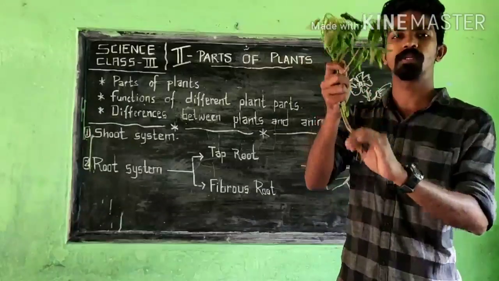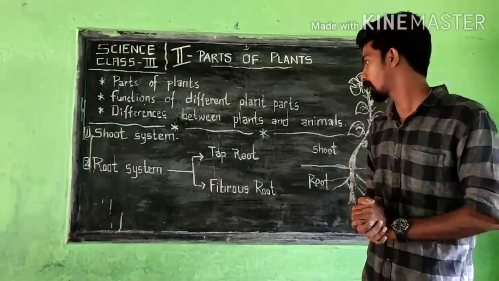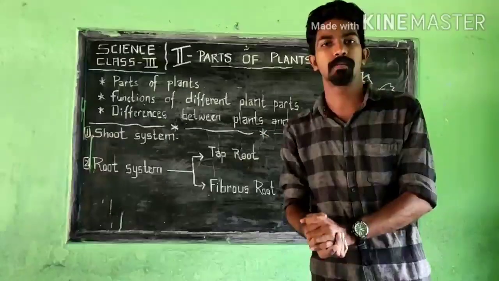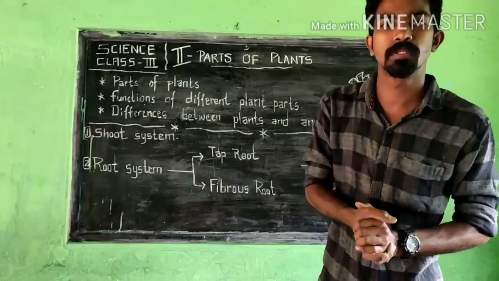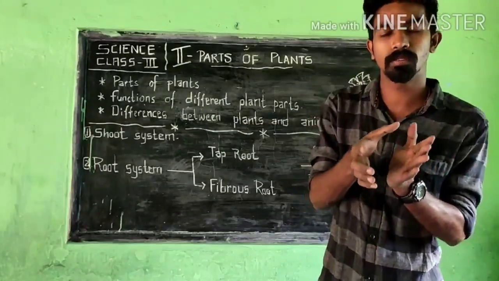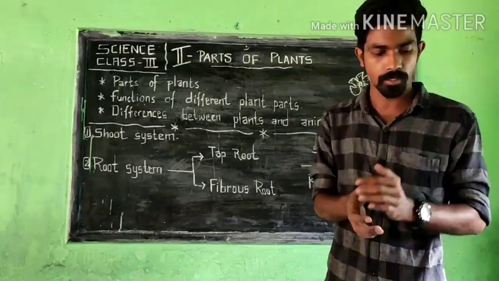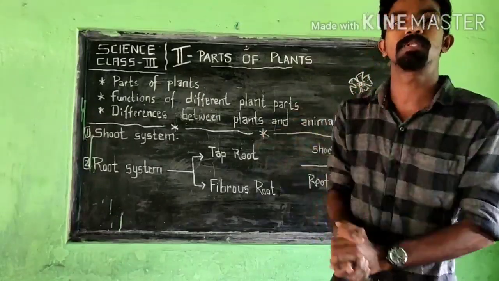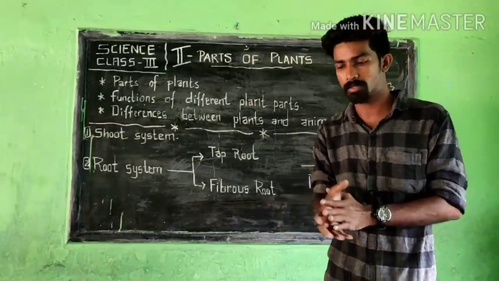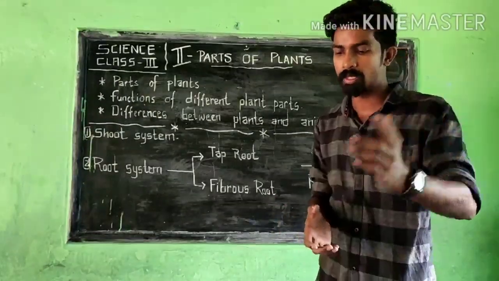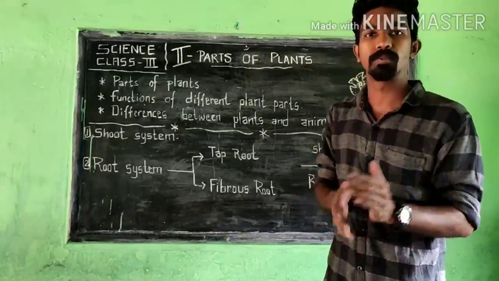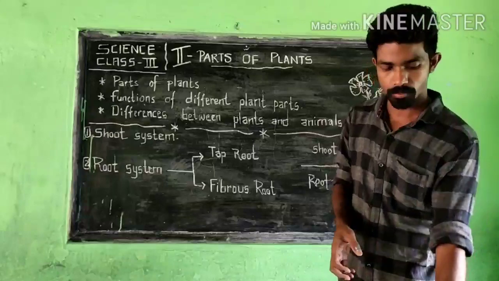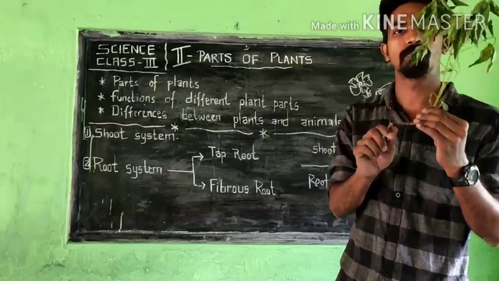That is another function of the root. Then moving to the last one. In some plants, the roots are used to store food. Some plants में क्या करेंगे? Plants अपना food जो बना के रखा है, that will be stored in the roots. Some examples given there are carrots, radishes, beetroot, etc. They store their extra food in the roots. That is another good example.